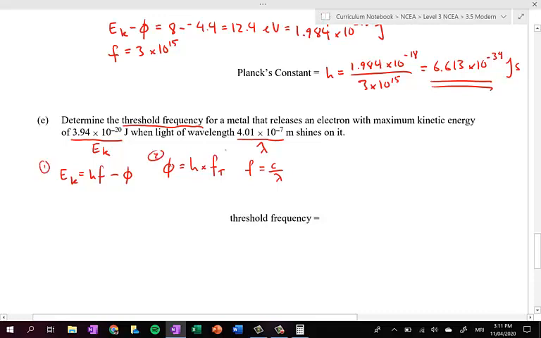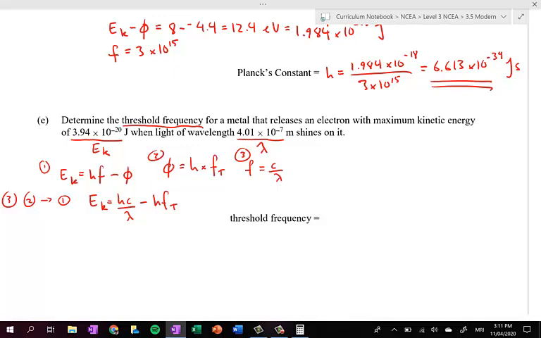So 1, 2, 3. We go 3 and 2 into 1. And we get Ek is equal to hc over lambda minus h ft. What we'll want to do then is rearrange this for ft. So we can see that h ft is equal to hc over lambda minus Ek. Then we'll cancel that h, and divide here by h. So we see that the threshold frequency is c over lambda minus Ek over h,